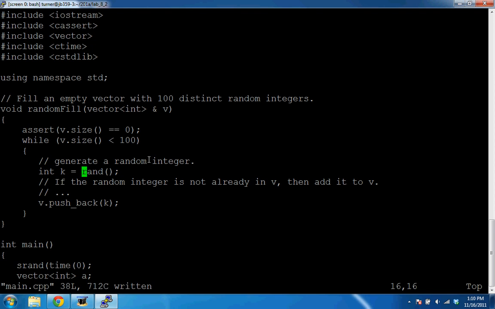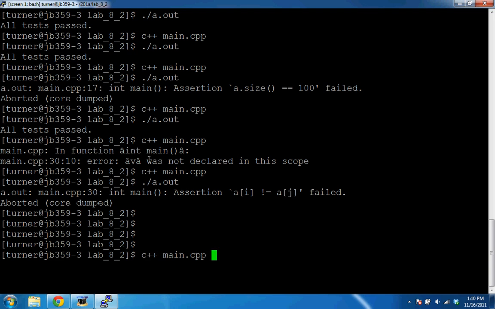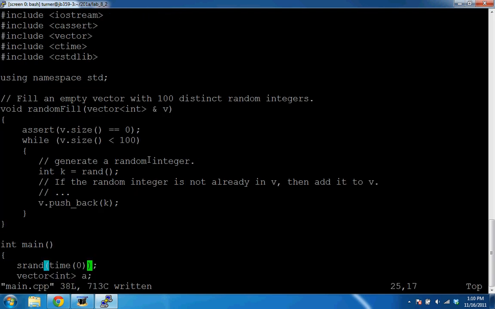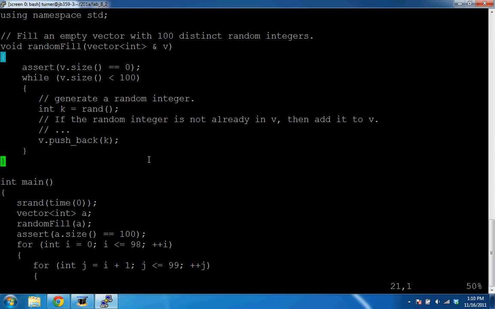Let's see if it builds. We need another parenthesis down there. We need two open parentheses down there by srand time. Thank you very much. Let's see if that builds. I just care about building. I'm not going to try to run it. So we get rand, generate a random number, and then we have to